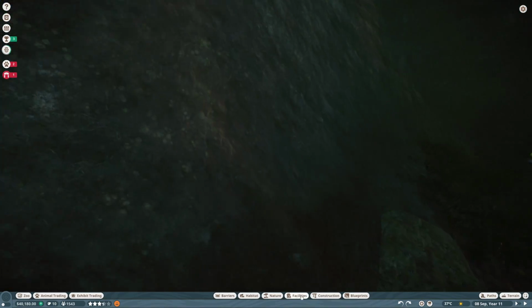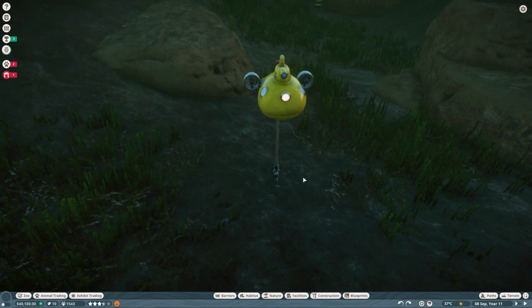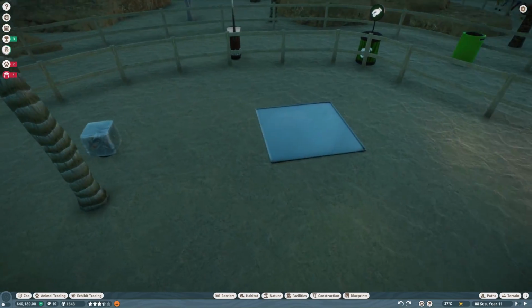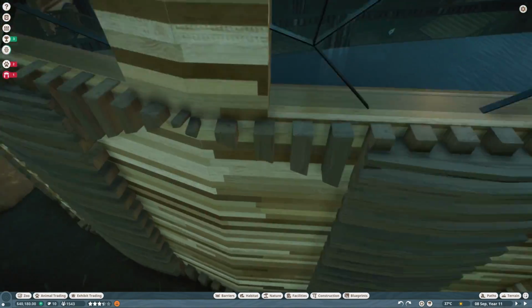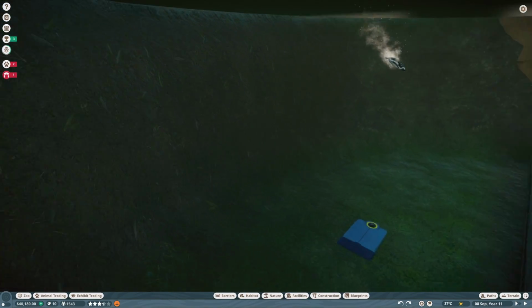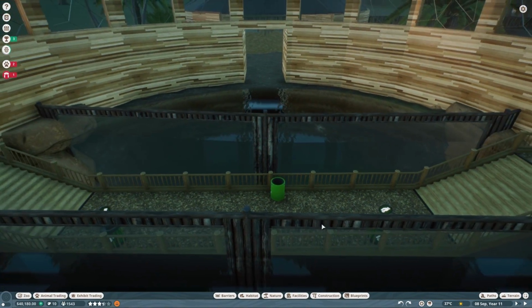We've also got some plants underwater here, which I really love. I put in some of these underwater plants and a little enrichment item here. The penguins can also get fed. So they've got their food here, some food enrichment and a food tray. But I've also put in a fish feeder in here. So if they want, they can dive for the food like this one's doing right now, and the guests can come and watch them